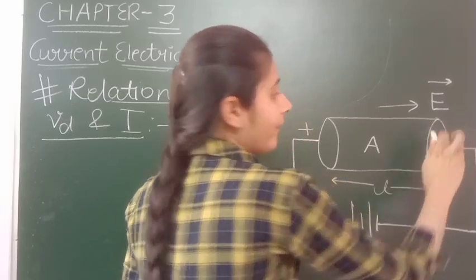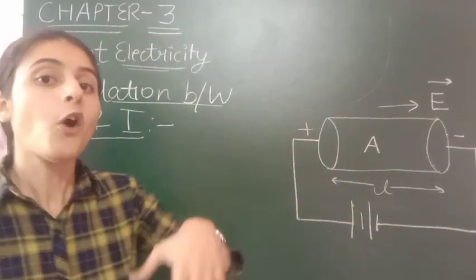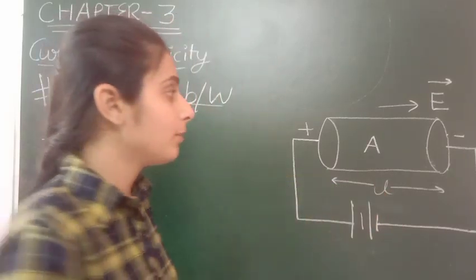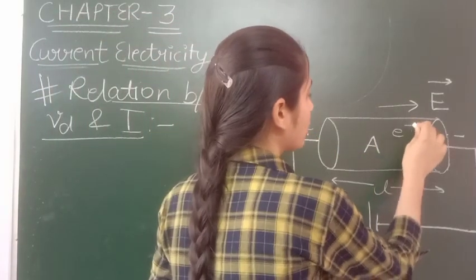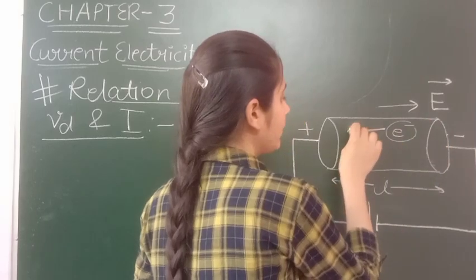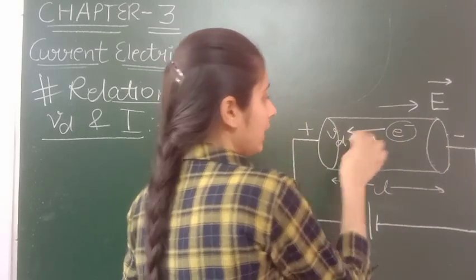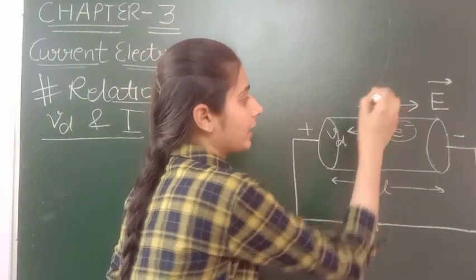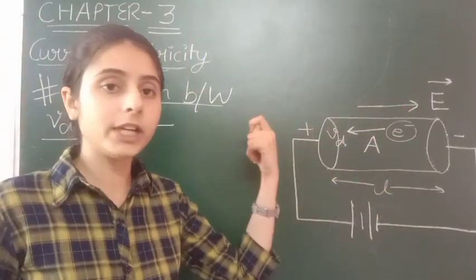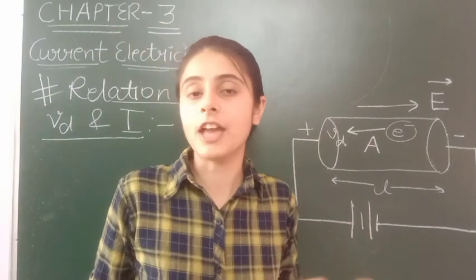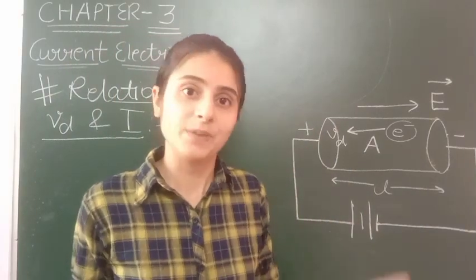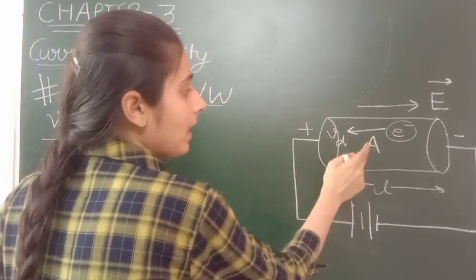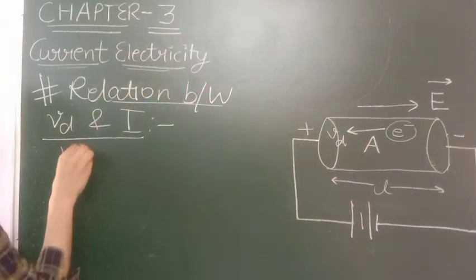And we know that the direction of electrons will be opposite to the direction of the electric field. Because here is the positive sign, and electrons are negatively charged, so they will drift with the velocity Vd in the direction opposite to the electric field. Okay, जिस direction में electric field जाएगा उसकी opposite direction में electrons drift कर जाएंगे with the velocity Vd. Clear?